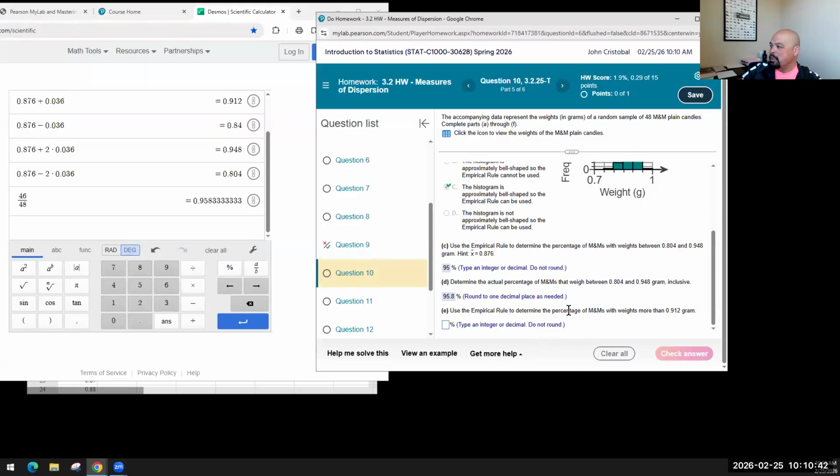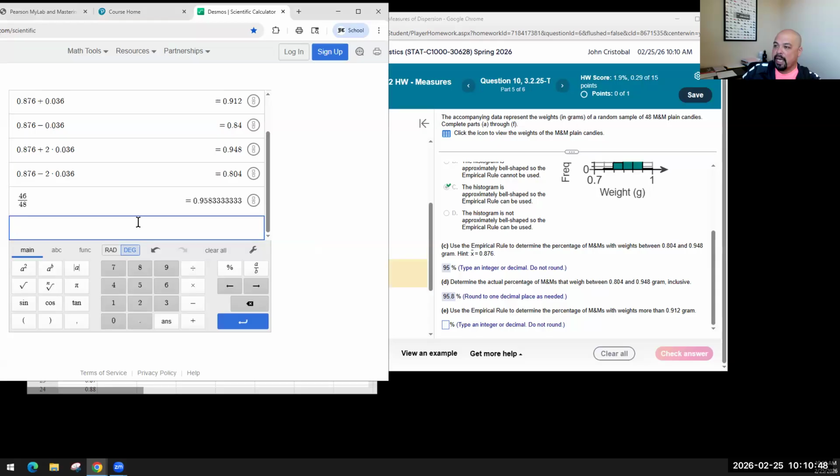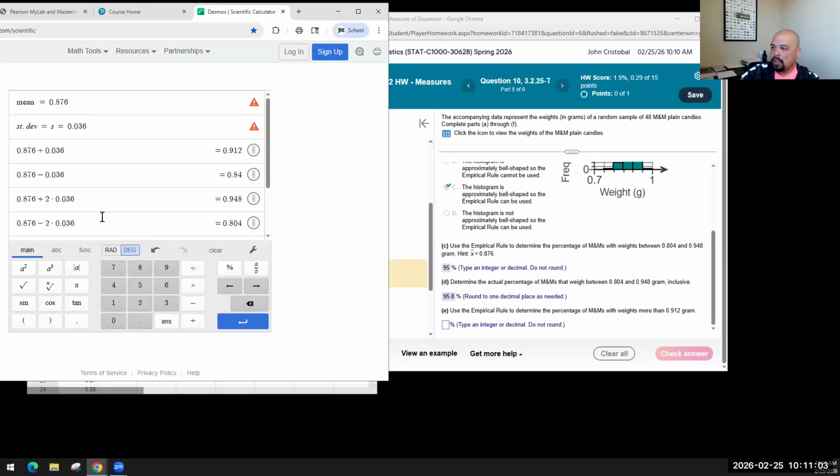Last question. Use that empirical rule to determine the percentage that weigh more than 0.912 grams. So in this case, if I do that 0.876 and I start to add standard deviations, let's see how far that is. Our standard deviation is 0.036. Oh, 0.912. Where was 0.912? So 0.912 was, there we go. So that was 1 standard deviation, right? So we want to be more than